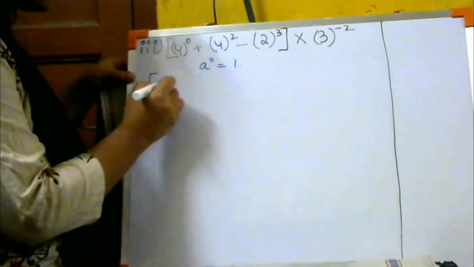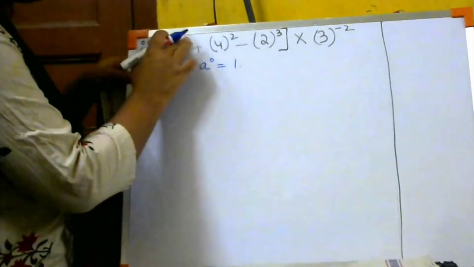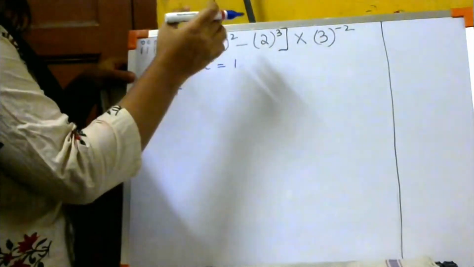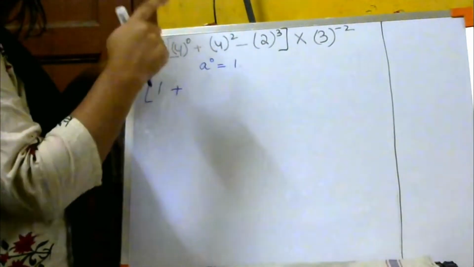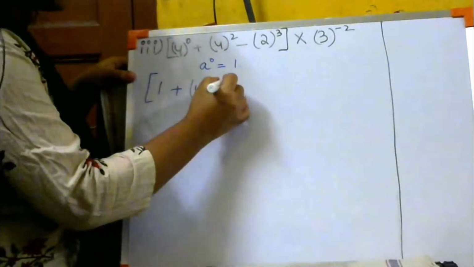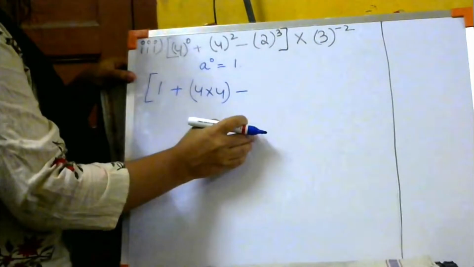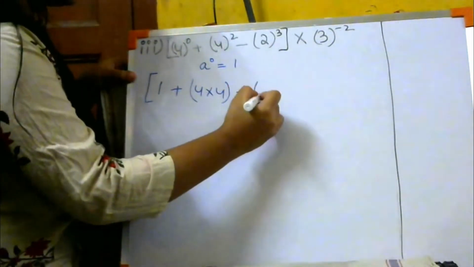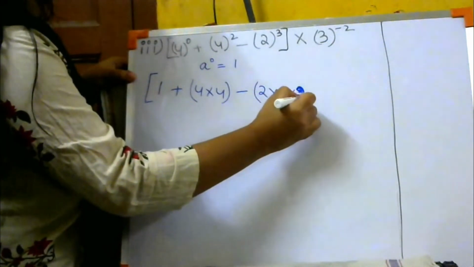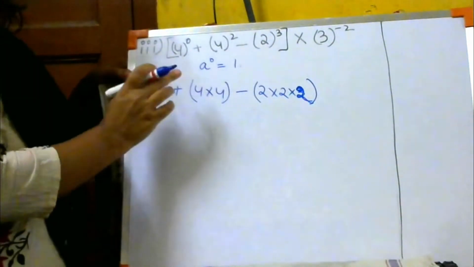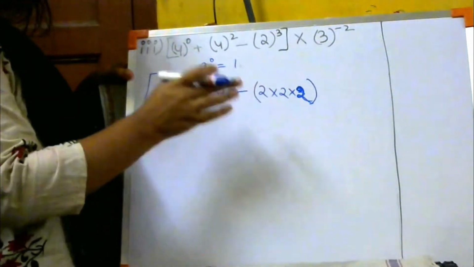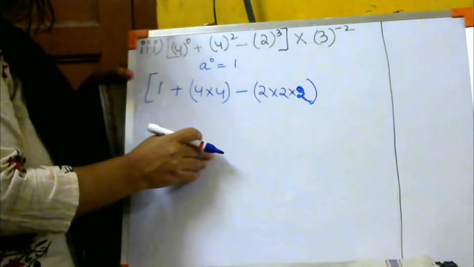We are going to apply this law over here because that is the only different thing over here. Clear? So let us solve the brackets first, obviously. So 4 to the power 0 means 1, plus 4 to the power 2. 2 means how many times? 2 times. 4 to the power 2 means 2 times there are 4. So in the bracket you can write 4 into 4 minus 2 to the power 3. How many times is 2 repeating? 3 times. So 2 into 2 into 2. Extremely sorry. Now remember, there will be a multiplication sign in between. Don't put a plus sign over there and ask for marks.